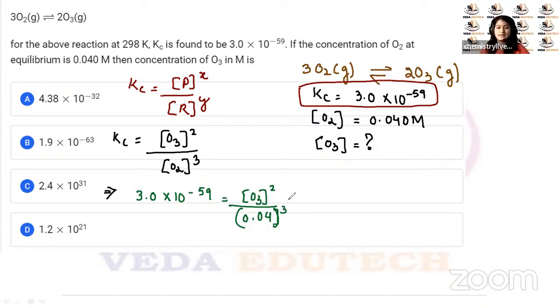Now if I write it like this, what is going to be the answer, children? This is 3 into 10 to the power minus 59 is equal to concentration of O3 square divided by